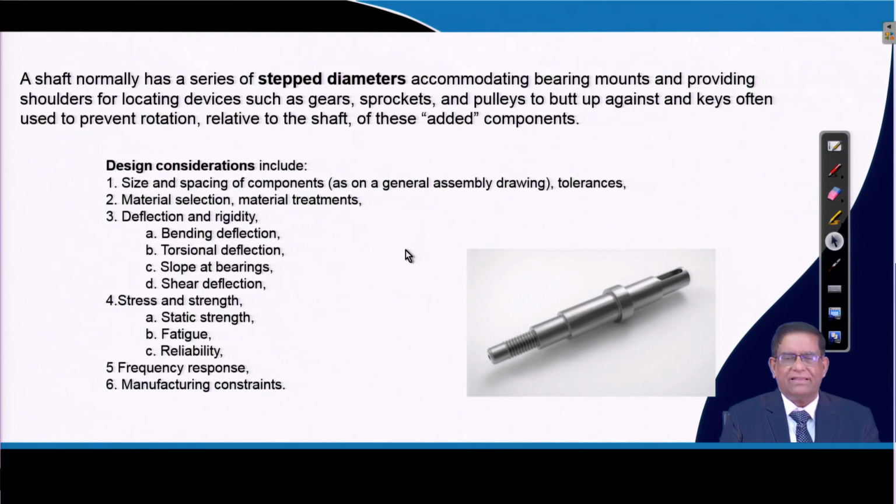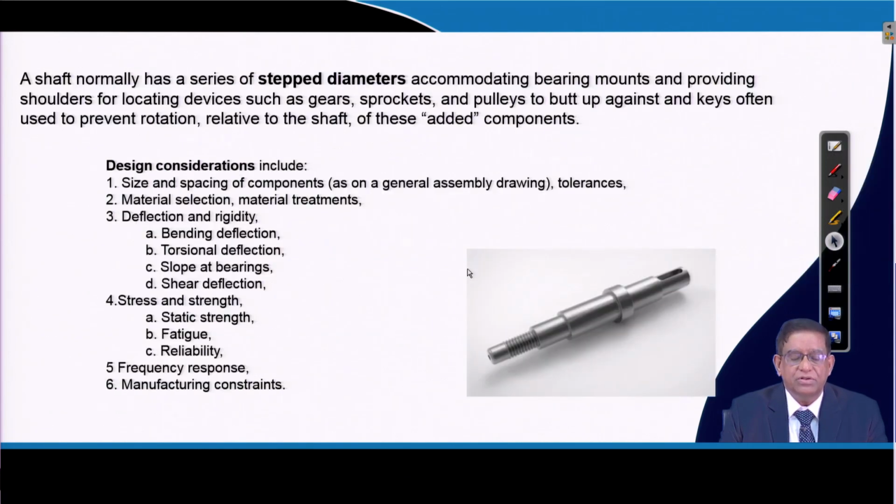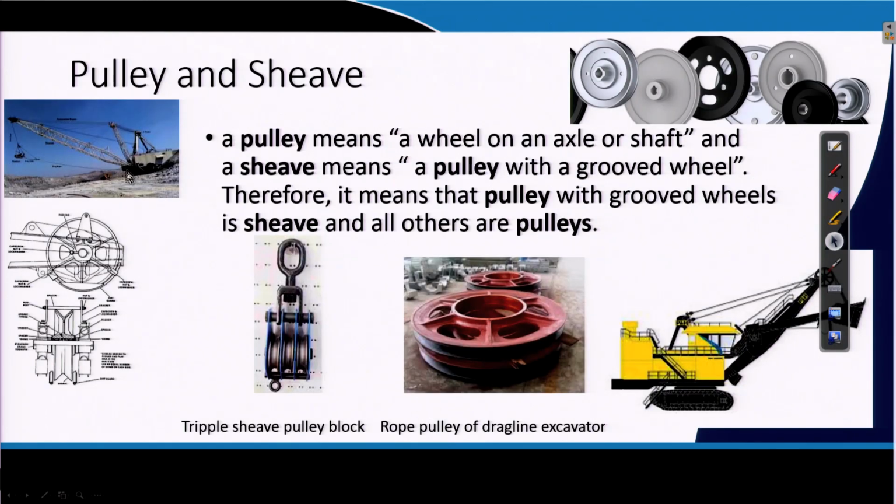The basic thing is, as a mining engineer, you will not be studying the design of the shafts and all, but you must know how you will be working with it when you are selecting it. So, you should be able to identify in your machine which are the shafts, and whenever machine procurement, machine maintenance and other jobs are there, as a mine manager you will have to have this information. So, please try to have the basic idea of what a shaft is, what the main stresses coming on it are, and what the basic considerations required for designing a shaft are.